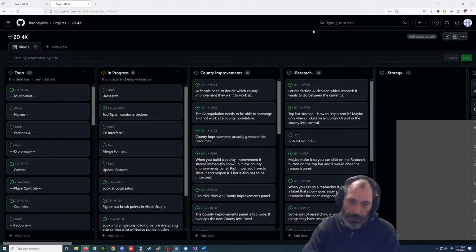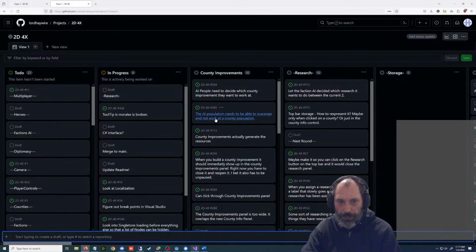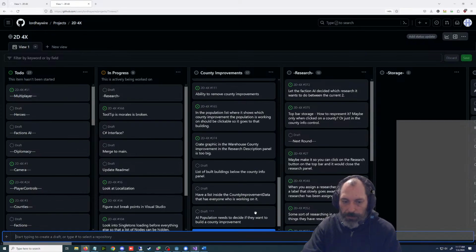Besides, you can start building them, but that's it. We also need to, so this kind of goes in with the same thing. AI population needs to decide if they want to build a county improvement. So this is going to be sort of like